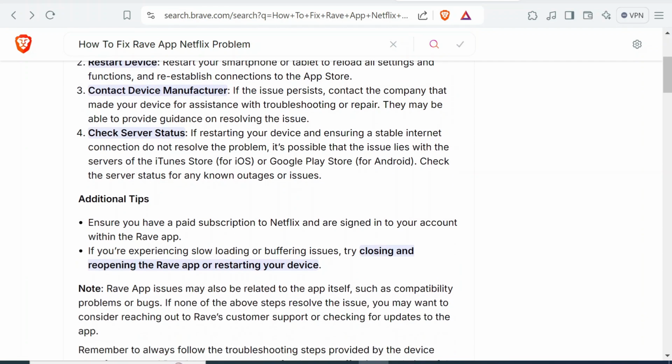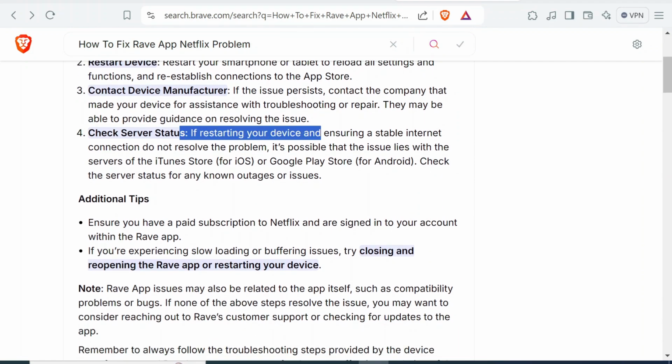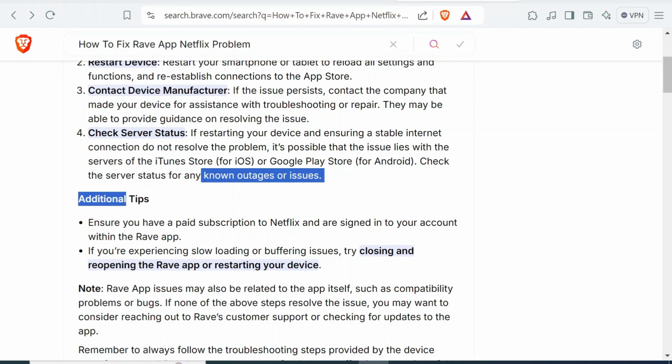Maybe that helps. You're gonna skip this one to the end because you're gonna contact the device manufacturer, and yeah, they take a while to respond, of course. So yeah, if restarting your device and ensuring stable internet connection did not solve the problem, you're gonna check server status. It's possible that you have issues with iTunes itself or Google Play, so check the server status for any